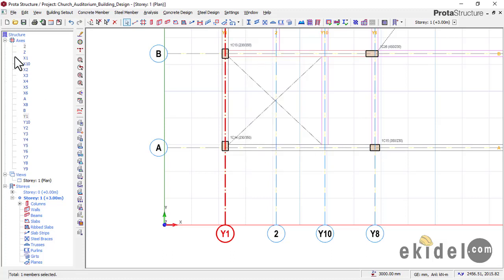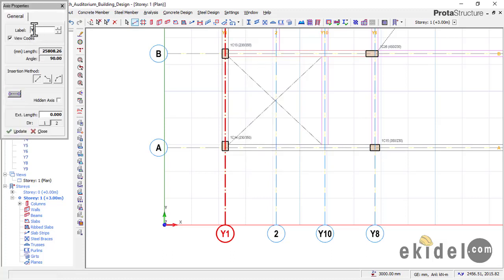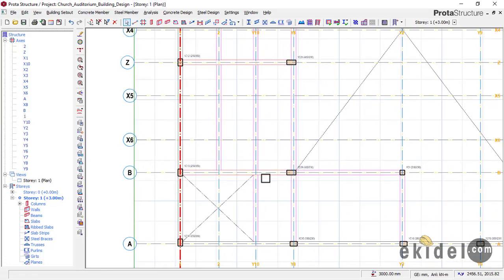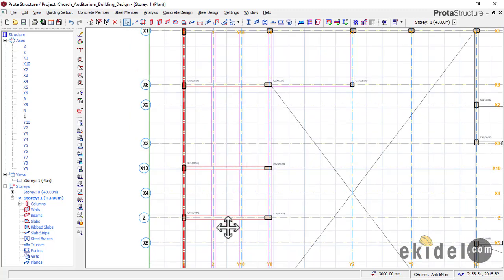Properties, and then click on what? Change it to axis 1, and then say update. So this is how to rename your axis to your own custom naming, if you want to choose your custom naming. So this is how to rename axis. So you can now see how we have just done what? Imported this